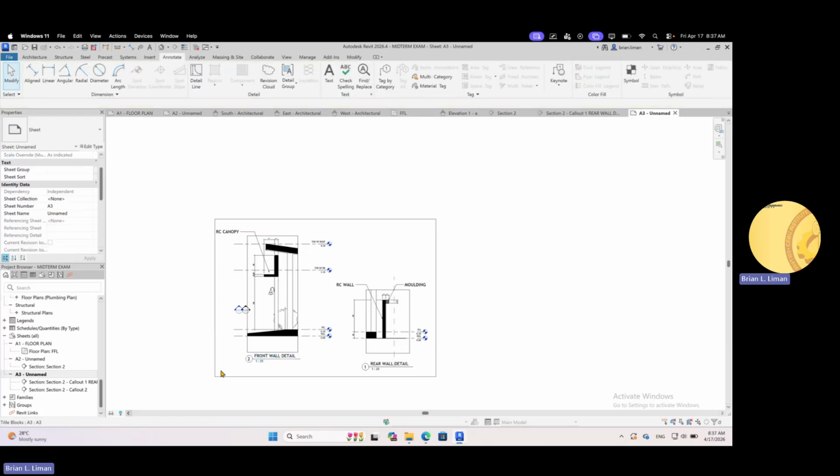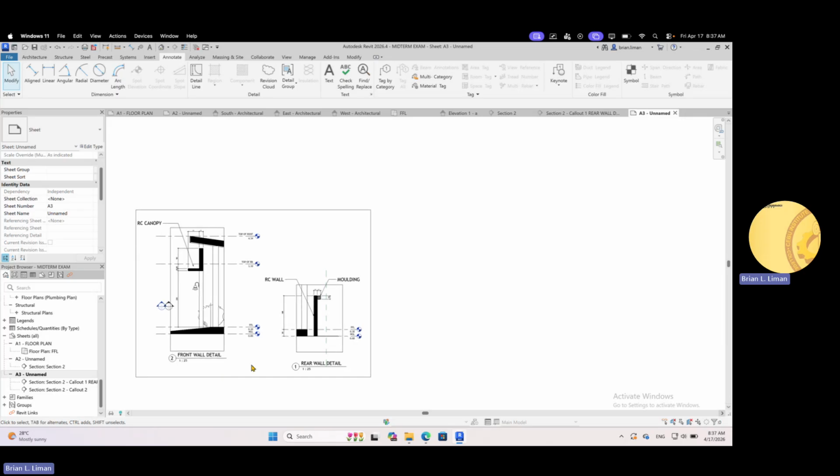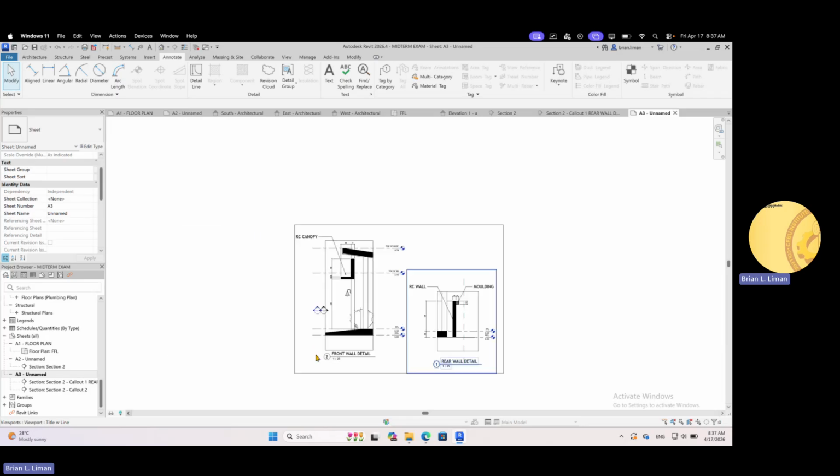So you can now see the sequence. It's reversed, 1 to 2. Okay, but I'm just showing you how to change, class. If you want this number 1, it's better that this drawing is on the left side. Okay, and then if this is number 2, you put this on the right side.